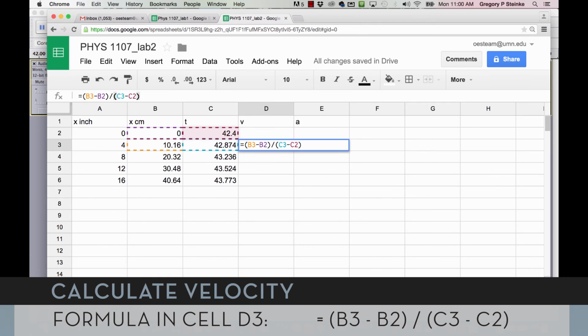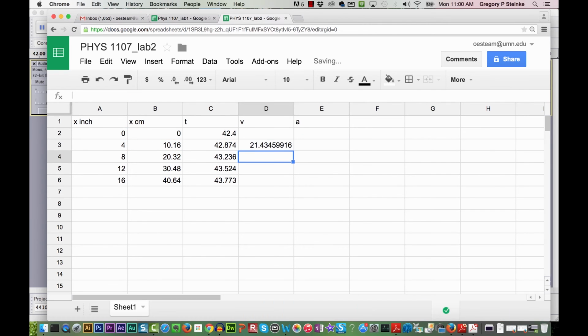And there we go. Boom. So we get that. Now to put the same formula in these other columns, I just grab it and drag it on down, and I get this.